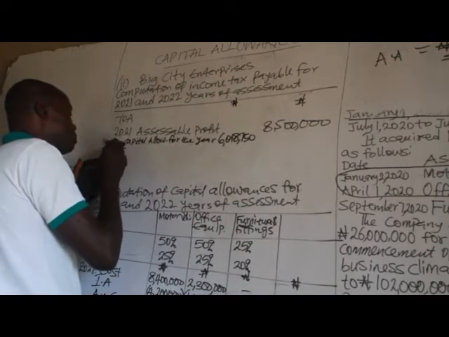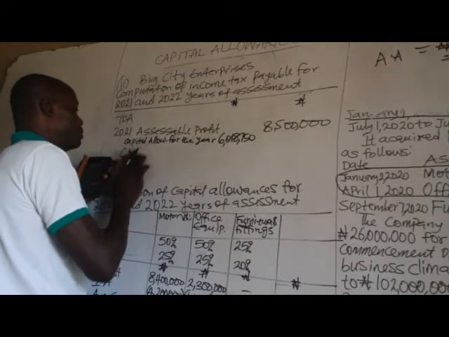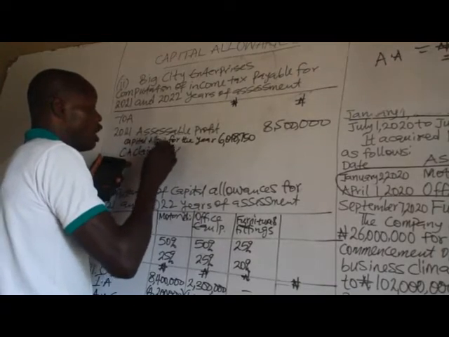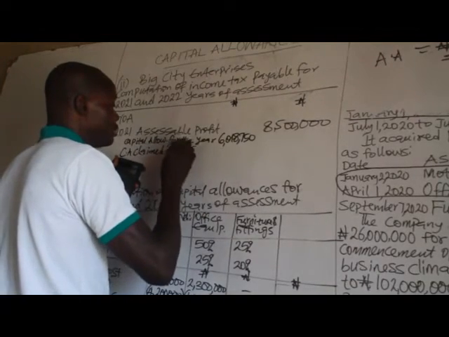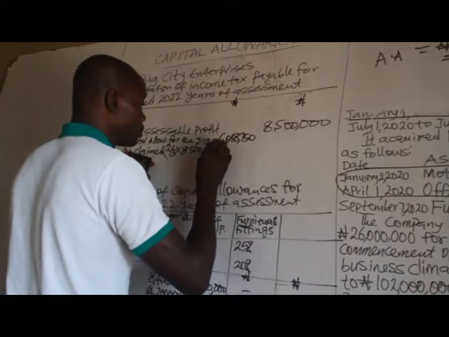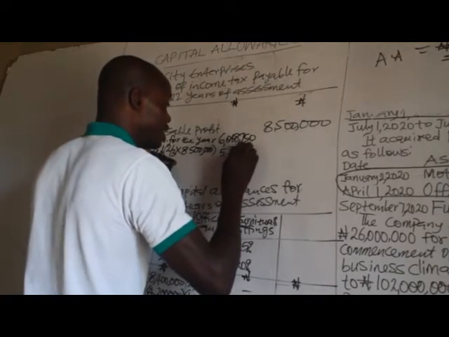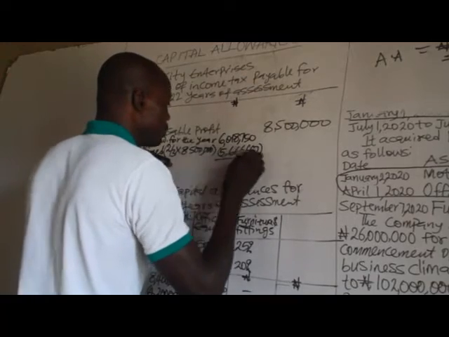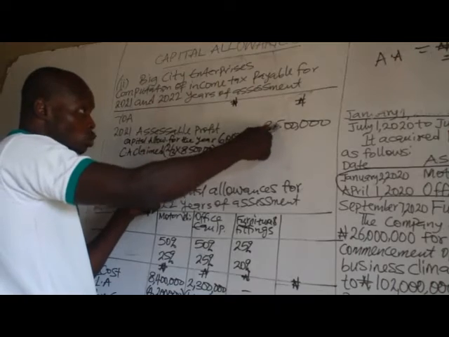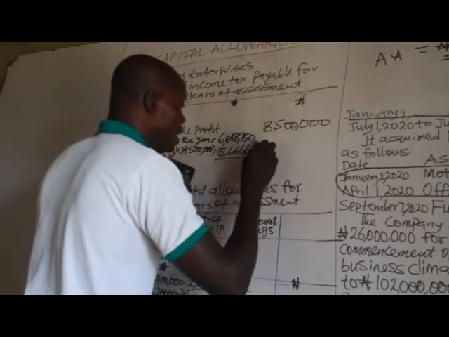So capital allowance claimed, which is 2/3 of the assessable profit of 8.5 million, gives us 5,666,667. I've told you that we are restricting it to this because 2/3 of our assessable profit is lower than the capital allowance. So you are claiming